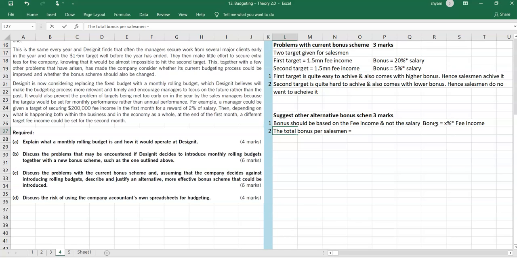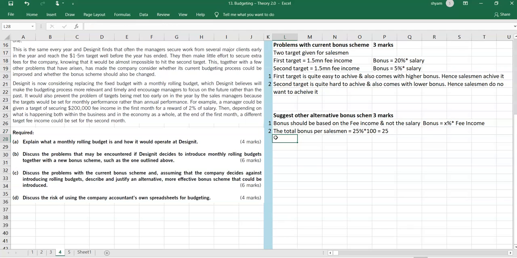Okay, a percentage of salary. So how much they could get? Assume that the salary is 100. Okay, so they will get maximum 25% into 100. So their bonus would be like 25. Okay, so what we could do is we can divide this 25